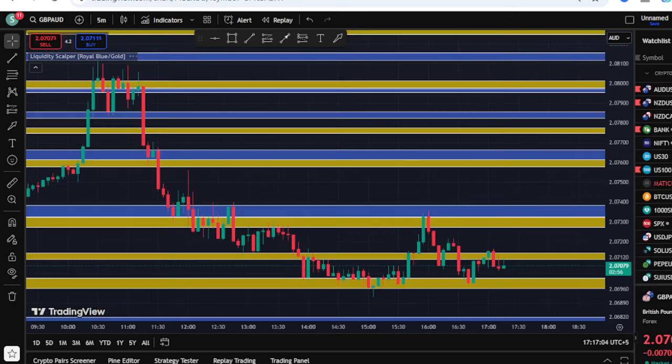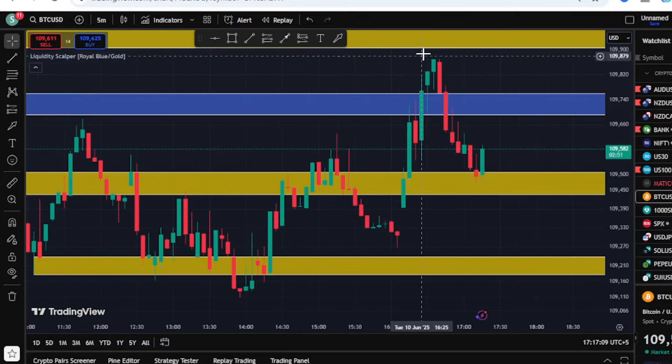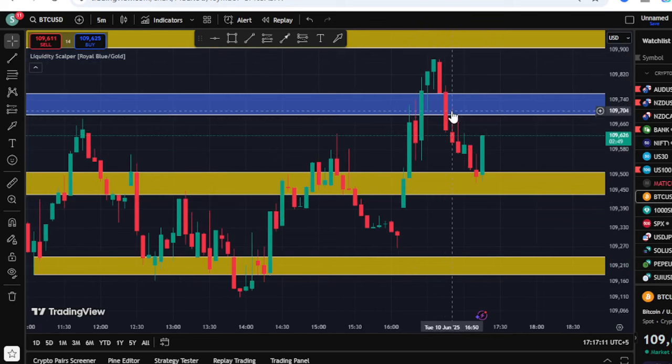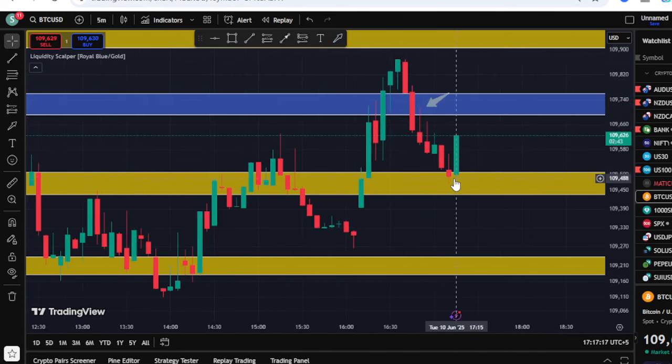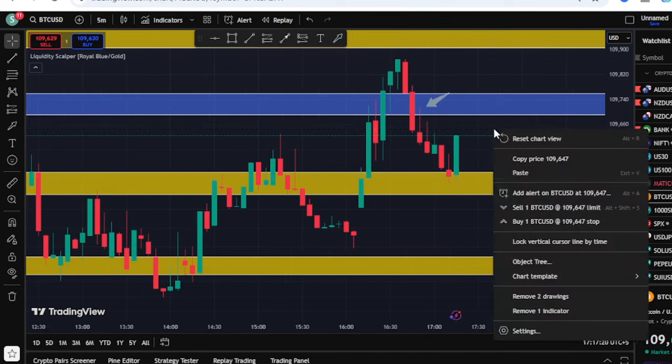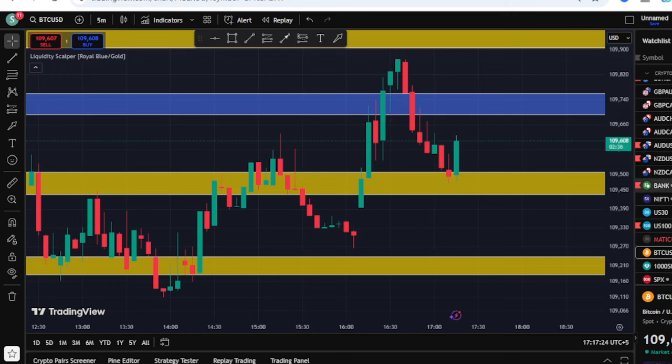I can show you, let's go to the Bitcoin chart. Now you can see break, retest failed. Now retested with a wick, look and see. No other indicator will provide you that accuracy. Now you can see it is going up from the yellow level. So this indicator works very smartly, and the levels never repaint.